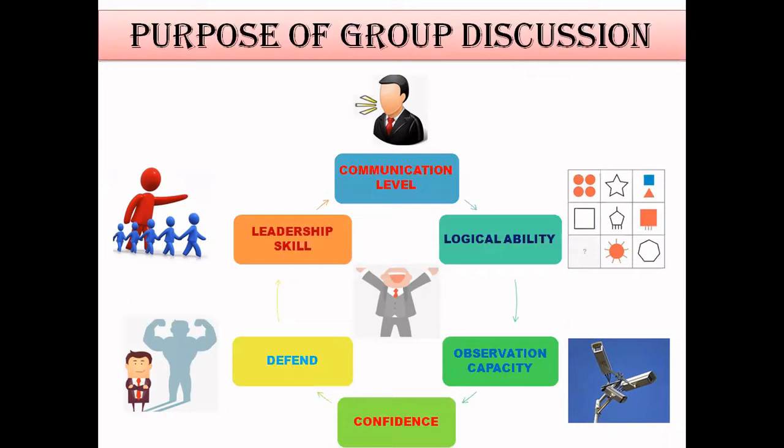Another most important point is your observation capacity. In a group discussion, generally 6 to 8 members are selected for the individual phase. Sometimes you are allowed to speak first, sometimes you are not. You may choose the third or fourth position to speak. In that case, you must observe the communication of the other candidates